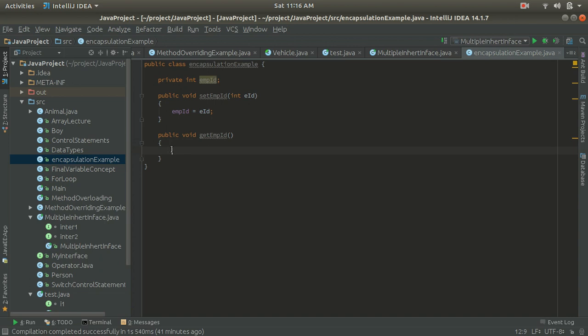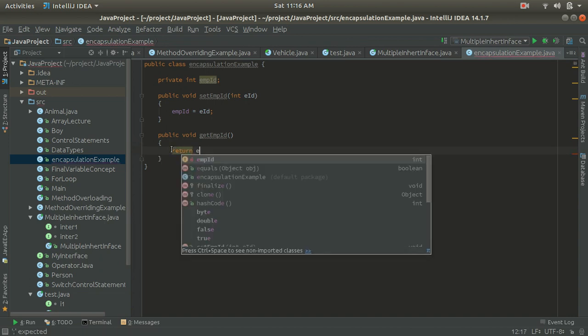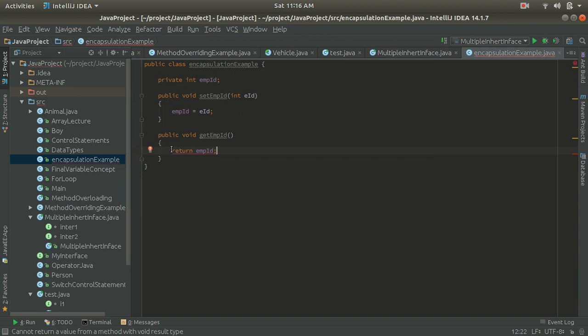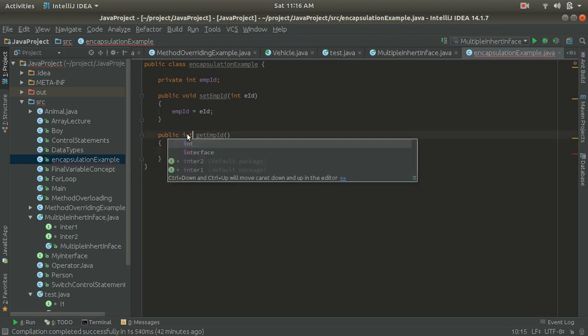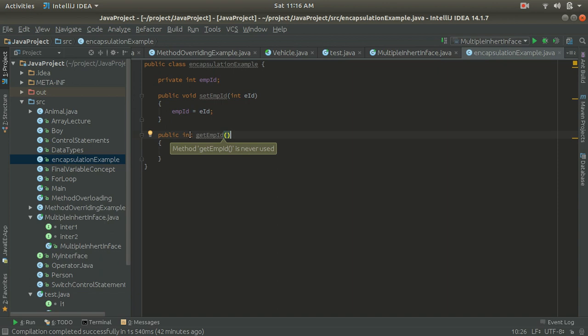And now I will just return this value, emp id. And what is the error? Cannot return a value from a method with void. So here we have to define this as an integer type. We have to mark this getEmployeeID return type as an integer, because we are passing the value of an integer type.